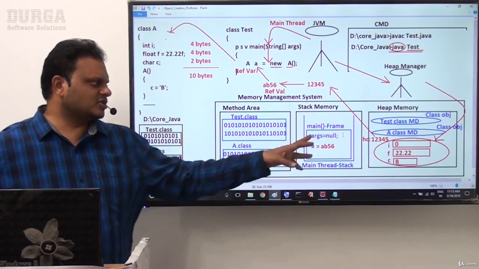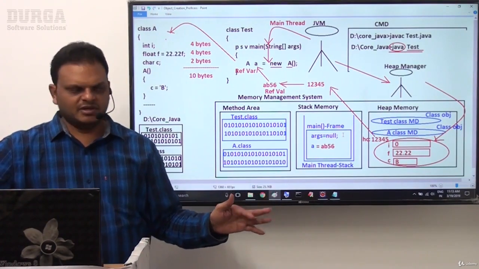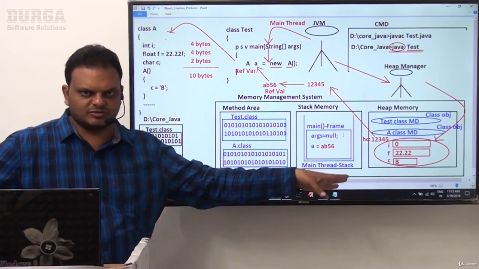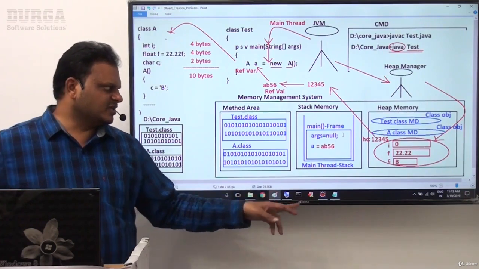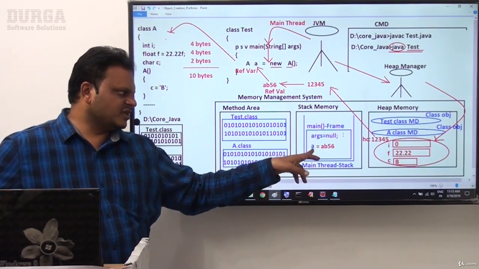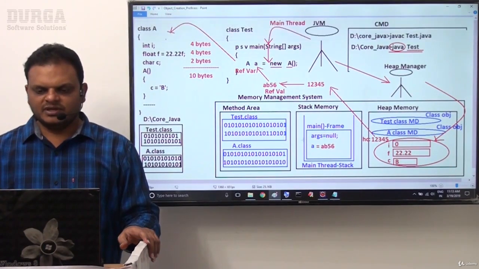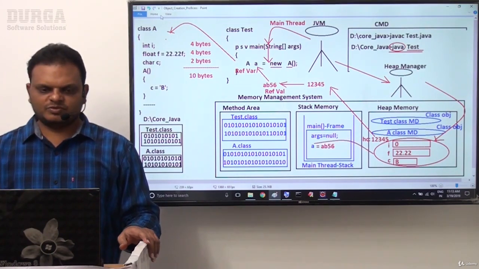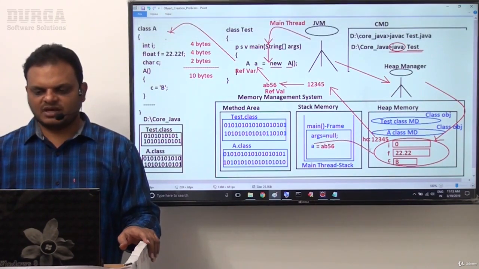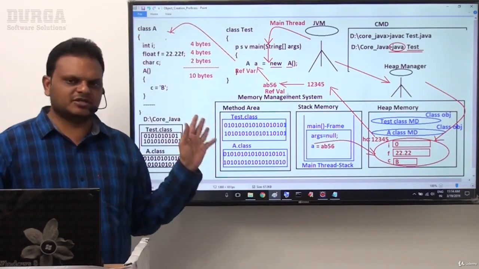Whenever the initial values are stored inside this object, the object creation process is completed. So whenever we provide values inside this object, the object creation process is complete. That object is created with the reference value AB56 and with the reference variable, which one? The A variable. Literally, if you want to refer to the A variable, we can use it like this to refer to this particular object. We can understand this clearly now. Right, sir? The total object creation process is completed here.